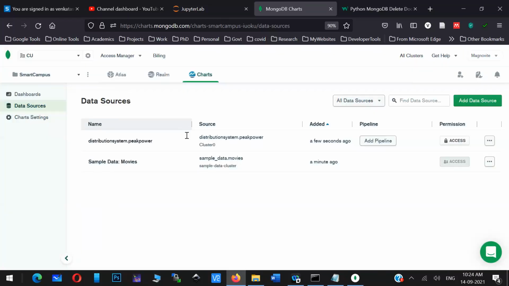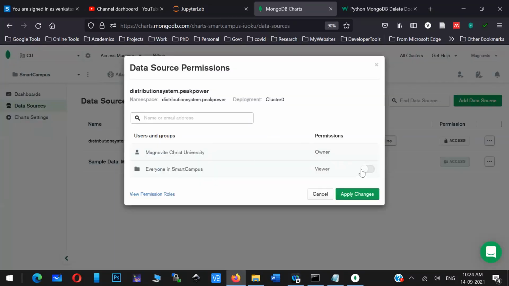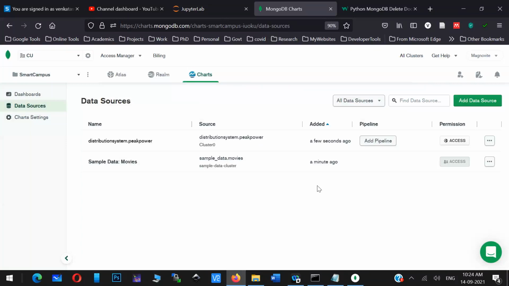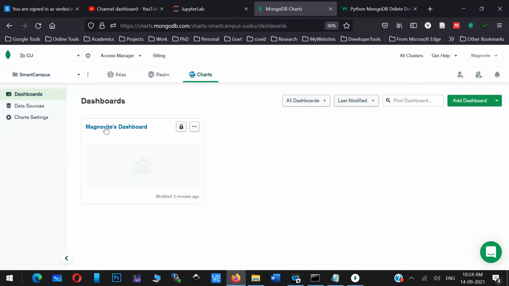You make it public so that everyone can use it, which means you can use that in any application. So the data source is done, and you've given public access.